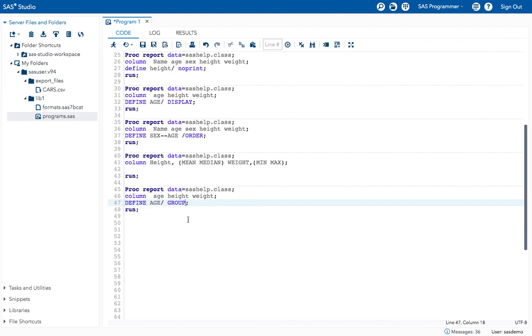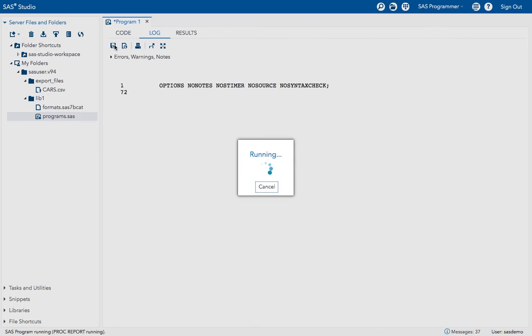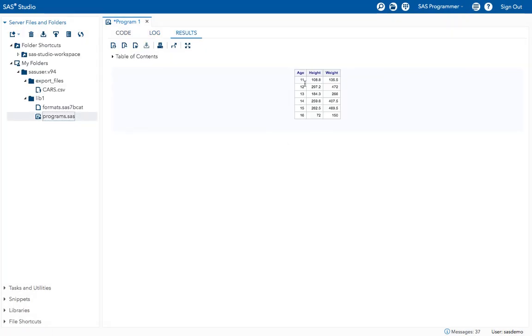Now execute the program. Now what did I get? I got the results based on the age variables, and whoever belongs to the 11 age, all those age values height got summed up.